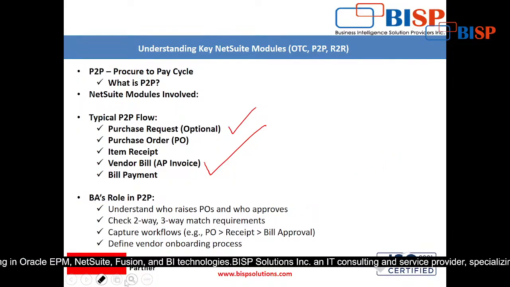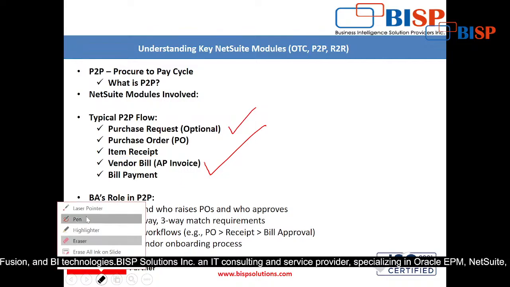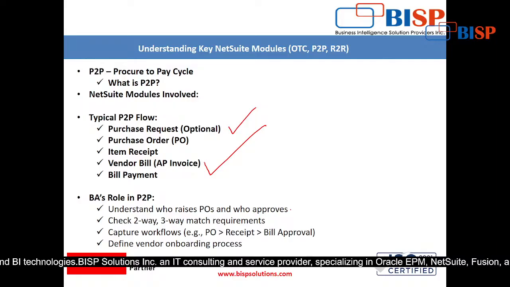So first of all, the business analyst has to understand exactly who will create and raise the PO, who will approve it, and finally who will be the responsible person. The BA needs to understand the complete process. I am sitting with a CEO and I will ask them how many types of approvals there are,